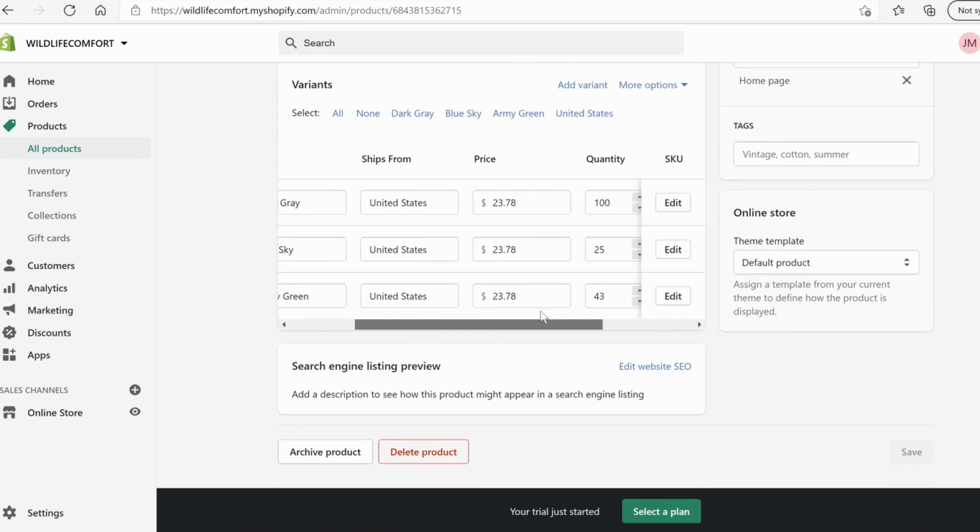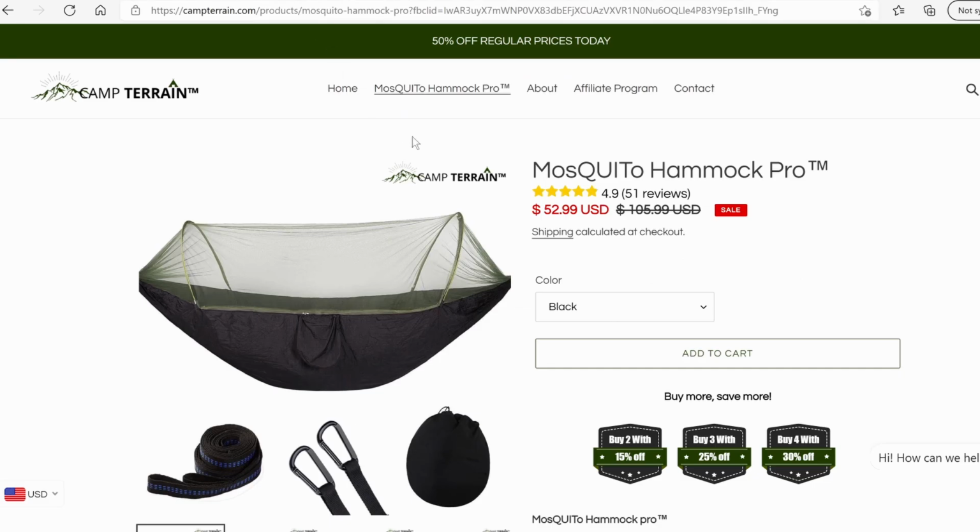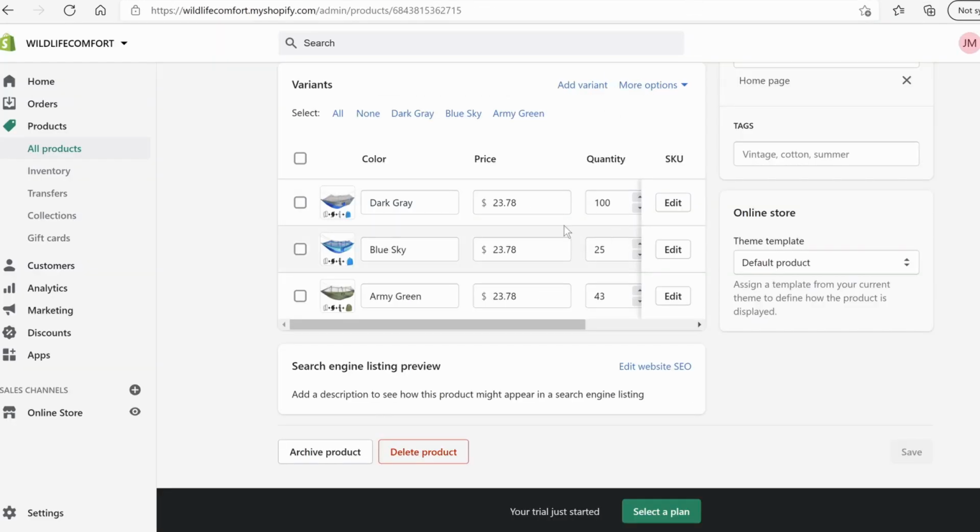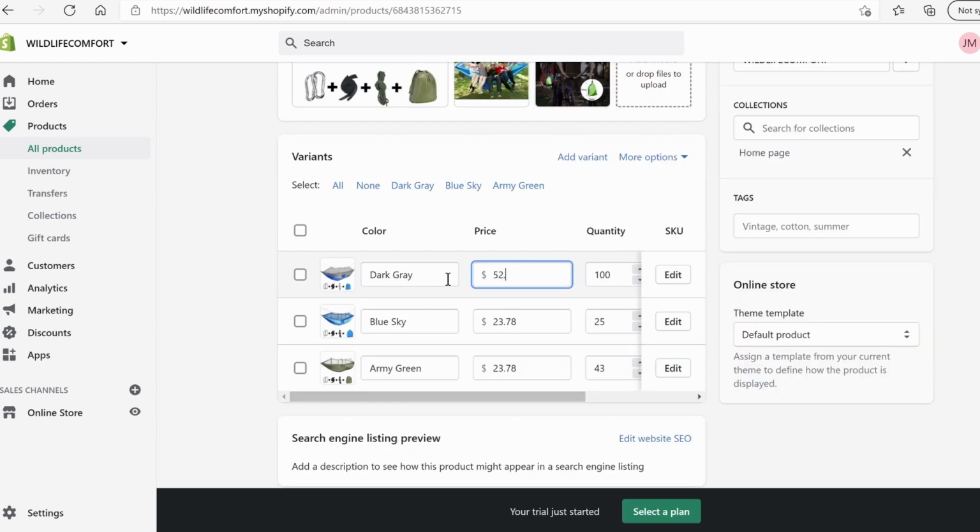And in order to know the best price for these products, you have to go again to the website of your biggest competitor and you have to see the price that they are using. So in this case, they are selling this product for $53. So we are gonna use the same prices. In this case, we're gonna go to Shopify again, and I will put right here 52.99,